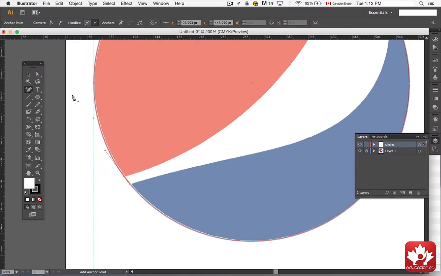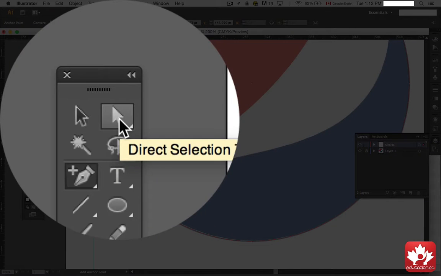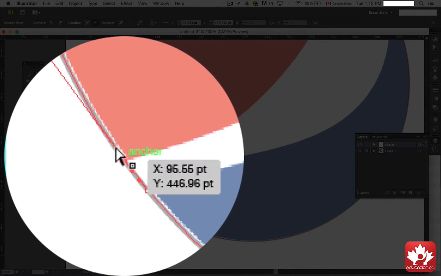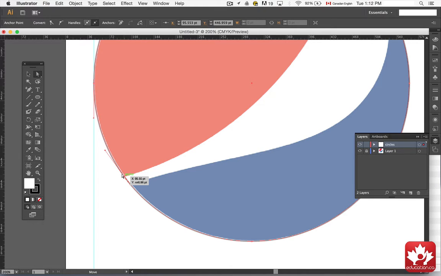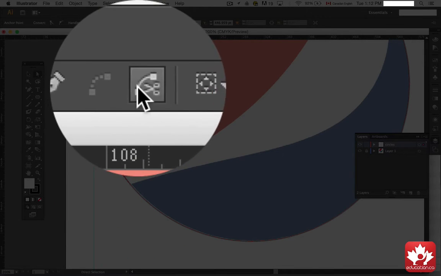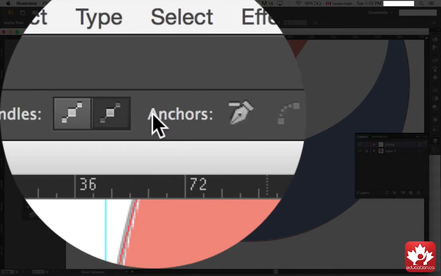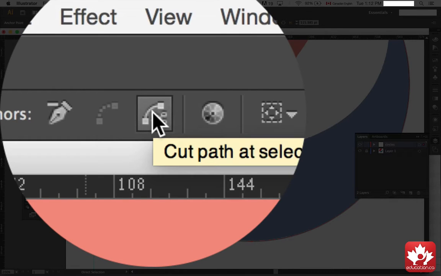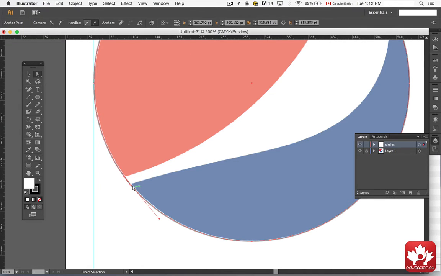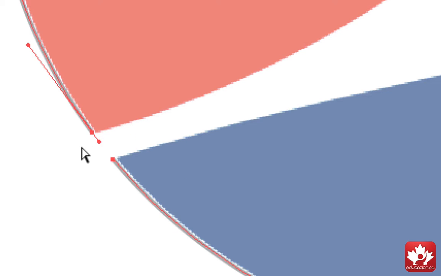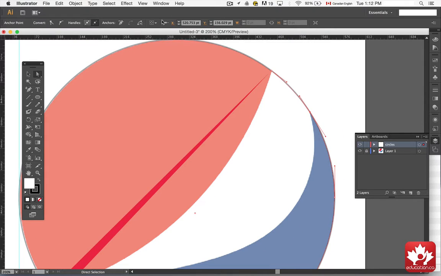Okay. Next, I'm going to take my direct selection tool and click on one of those nodes. So let me click on this one first and hit the cut tool up here. And now let me click on this one and hit the cut tool once again. And now if I delete, it deleted that section of the path. I'm going to go through the same process up here. Click on this anchor, click cut, click on this anchor, click cut,